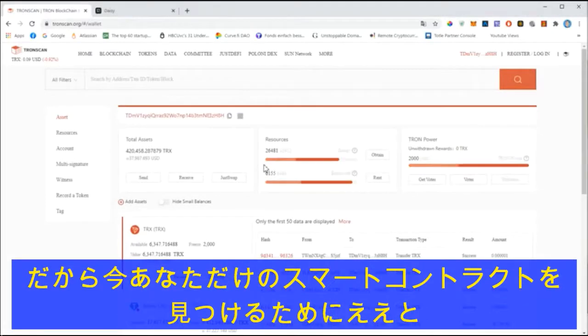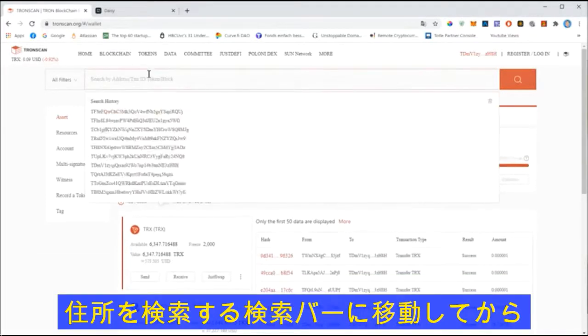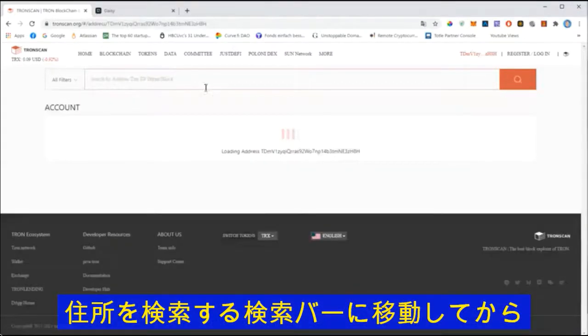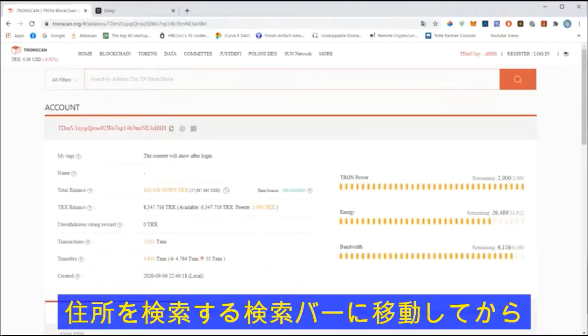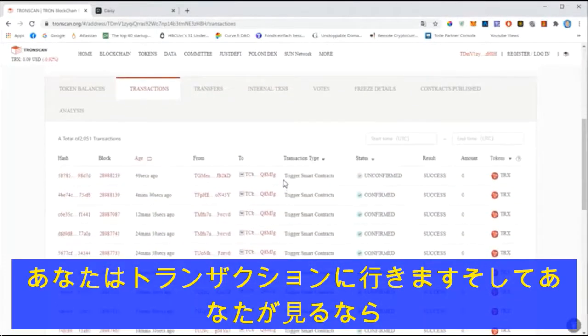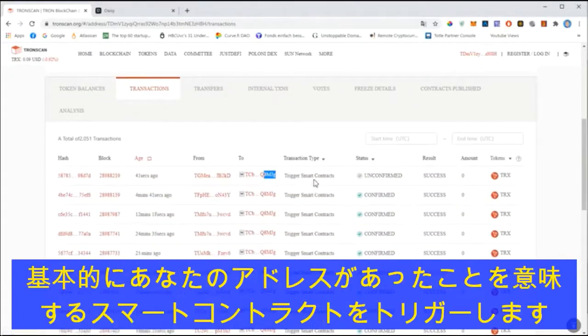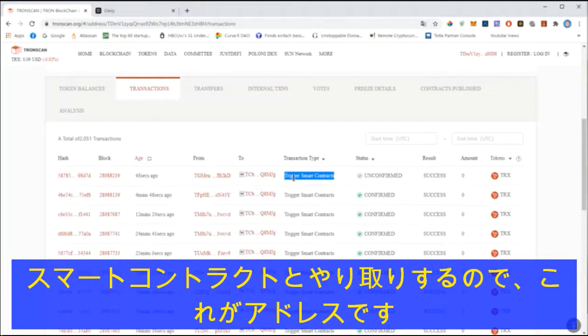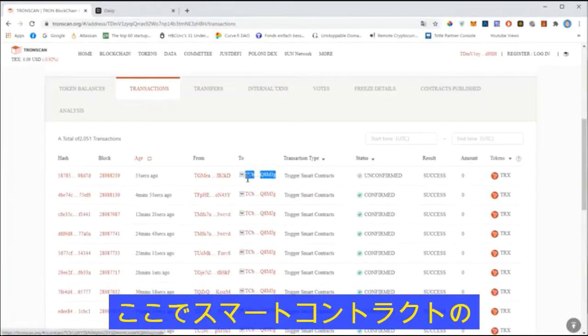Now, to find the smart contract, you just go to the search bar, search for your address, and then you go to transactions. If you see Trigger Smart Contract, that basically means that your address was interacting with the smart contract. So this is the address of the smart contract right here. If you click on that,